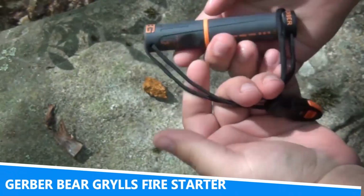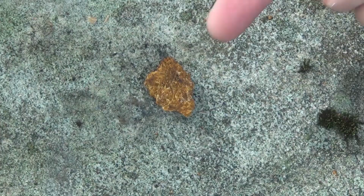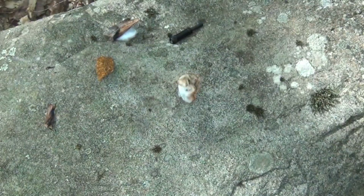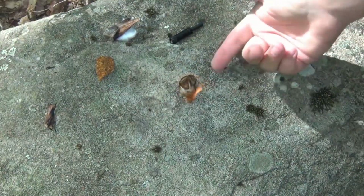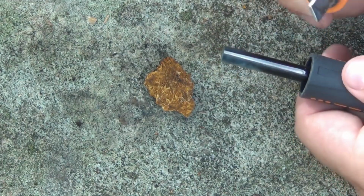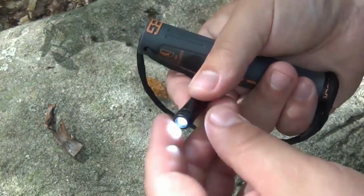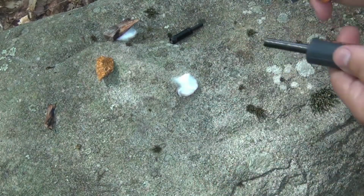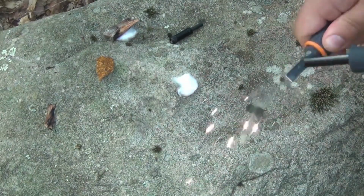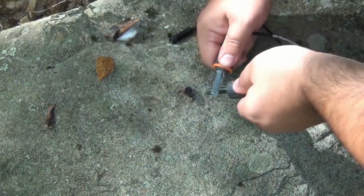Gerber Bear Grylls Fire Starter. Starting a fire is essential for warmth, cooking, and signaling for help, and the Gerber Bear Grylls Fire Starter guarantees that you'll be able to do just that in any condition. It features a magnesium fire starter rod that creates a spark hot enough to ignite tinder even when the weather is wet or windy. The tool includes a ferrocerium rod, which provides thousands of strikes, ensuring you won't run out